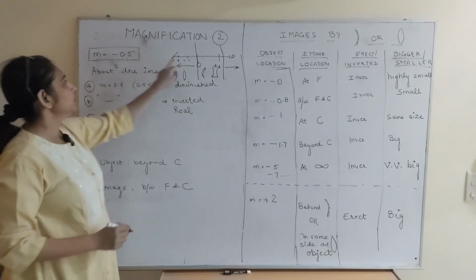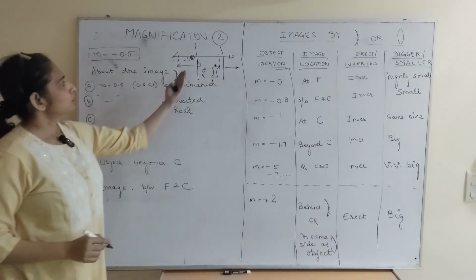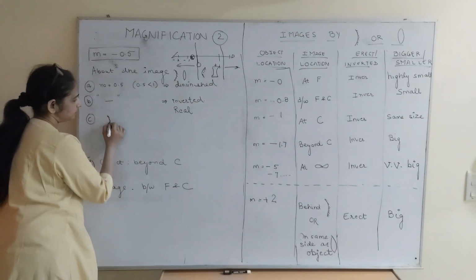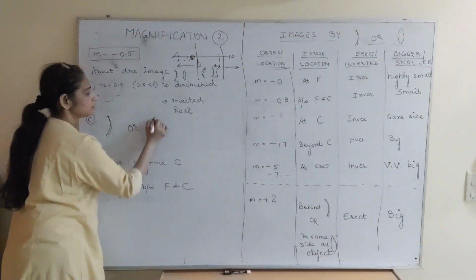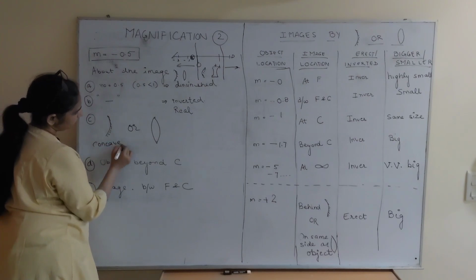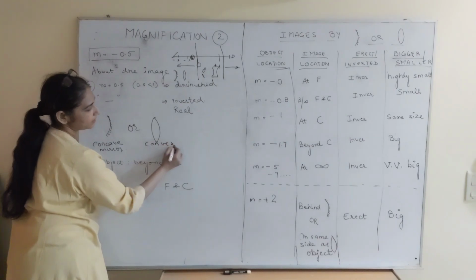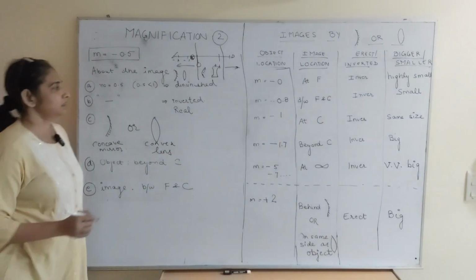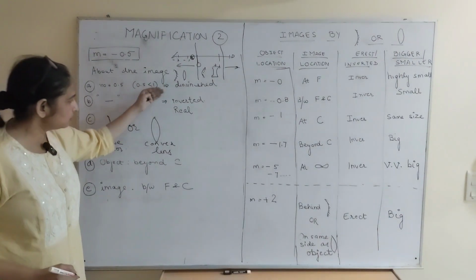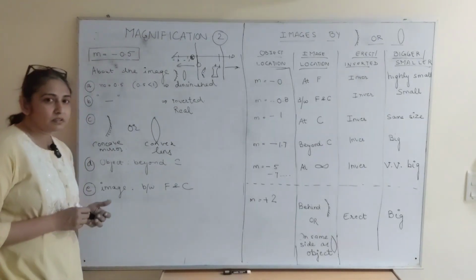Now where do I have 0.1? 0.1 is right here, which means in which section does it fall? It falls in the section where the device will be this. So here we have the answer. It will be a mirror, which will be the concave one, or it will be a lens, which will be a convex lens. So just from the number, we are able to answer 6 questions out of it.